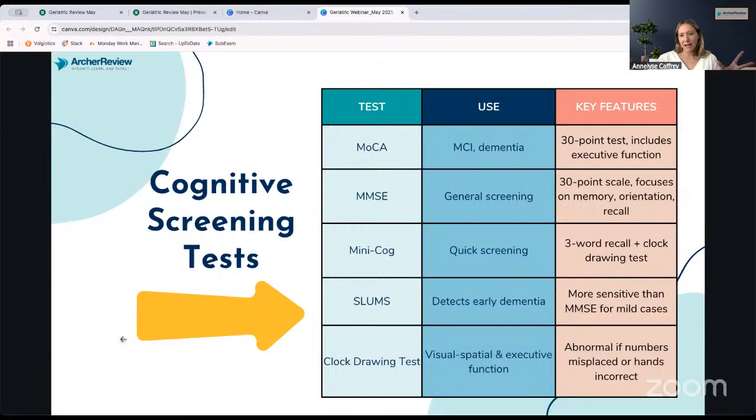They're both 30-point tests with a bunch of different questions. They look at executive function, memory, recall. It looks at different forms of cognitive functioning, and then it tracks how they're doing. So this is a really good way. I try to start this early on my patients, even before people are complaining. If they just say, I forget where I'm putting my keys, then on that visit I do a MoCA, an MMSE, a SLUMS test, etc. So that next time they come in, I can do another one and we can see if that score is getting lower. A lower score means higher risk for dementia, higher likelihood that they have an underlying cognitive issue outside of just mild cognitive impairment.